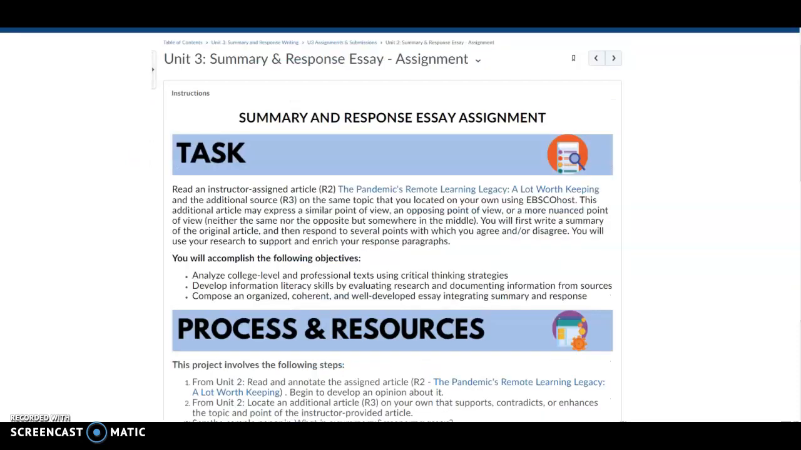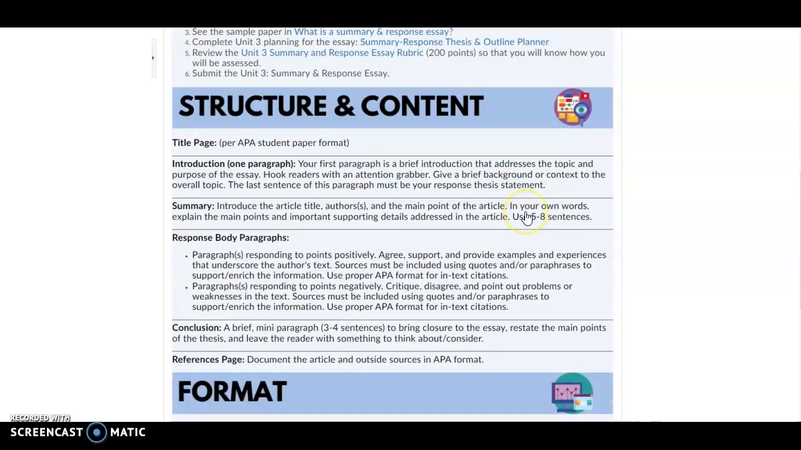If we go back to the assignment instructions, you'll see that it does list the reading that you should be summarizing and responding to. Essentially, what you're going to do is write a full APA formatted summary and response. So you're going to have an introduction, then you're going to have a summary paragraph that uses the elements of a summary to explain the argument and the main points in the article. Then you're going to respond to that